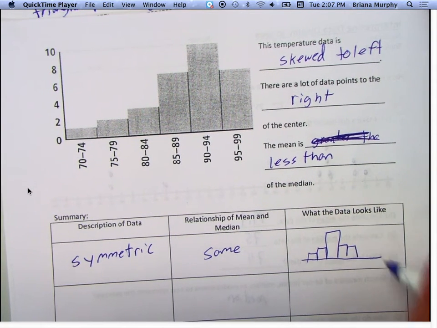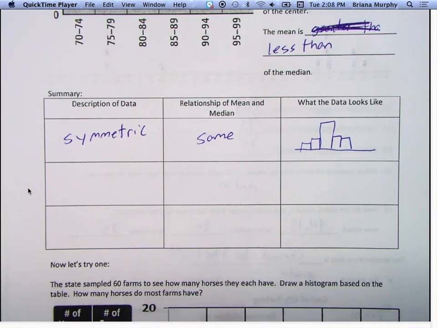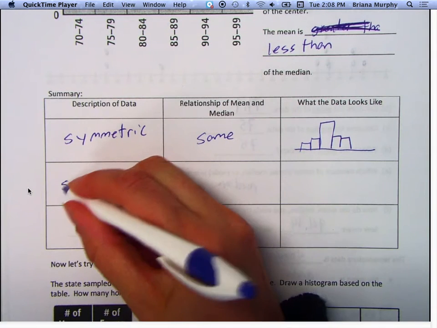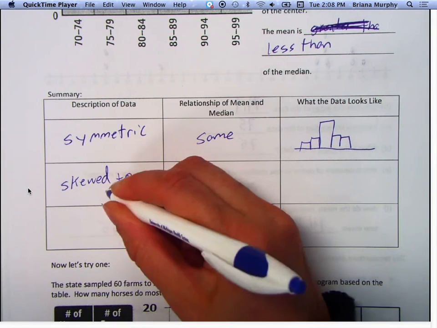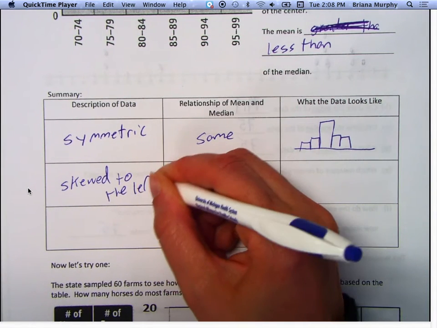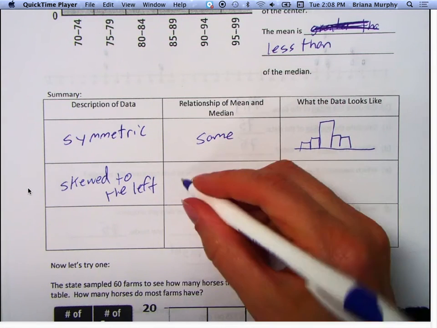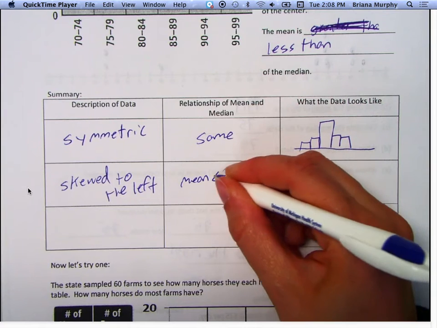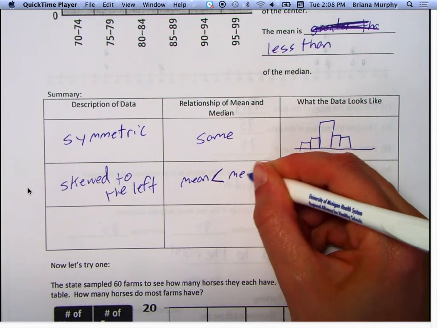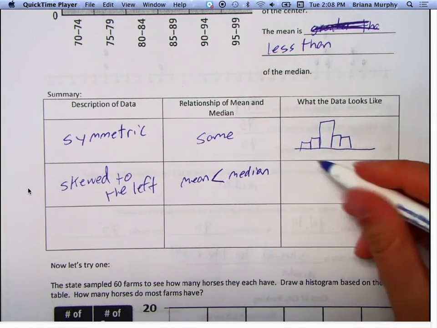I got a little visual. Okay, so if it's skewed to the left, the mean is less than the median. It looks like